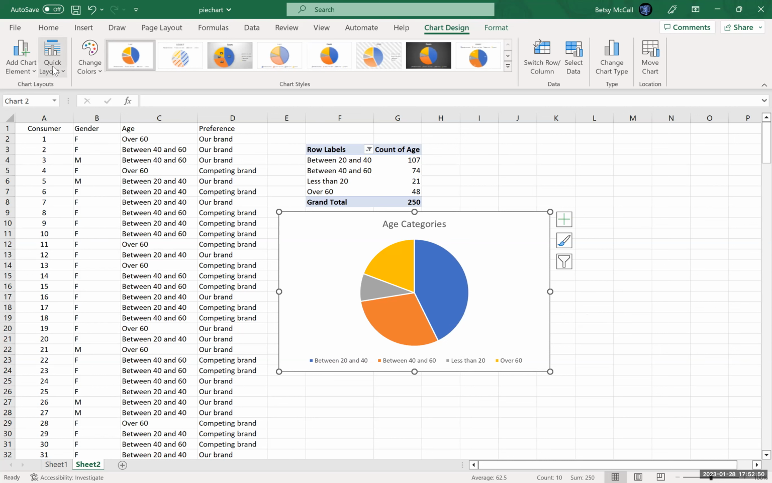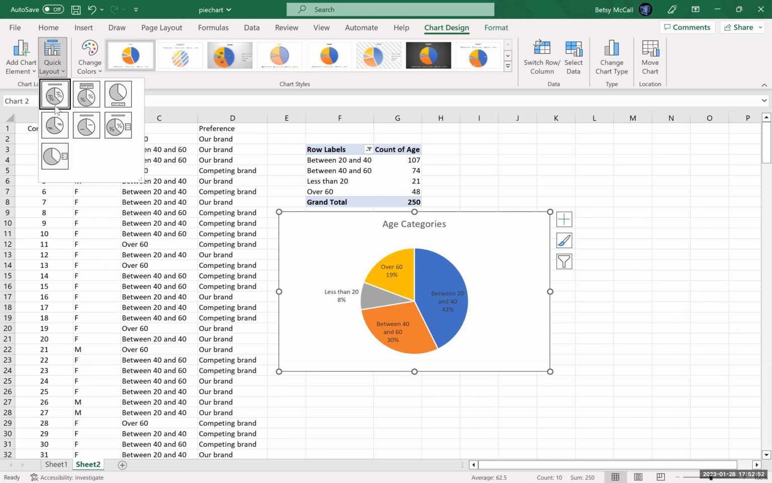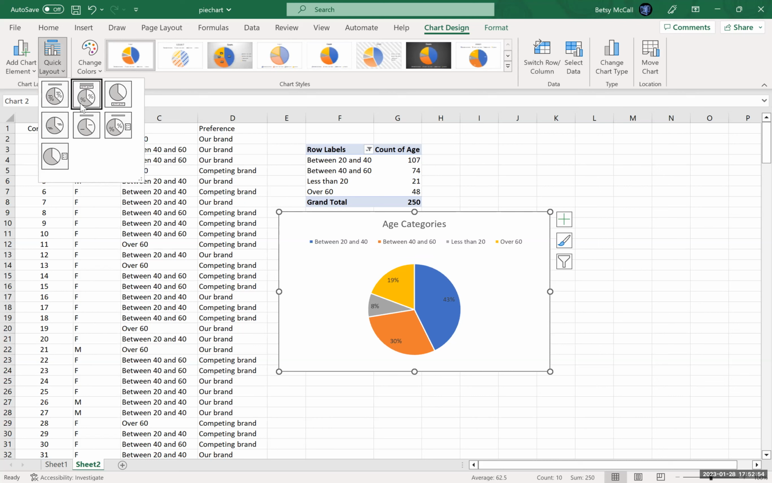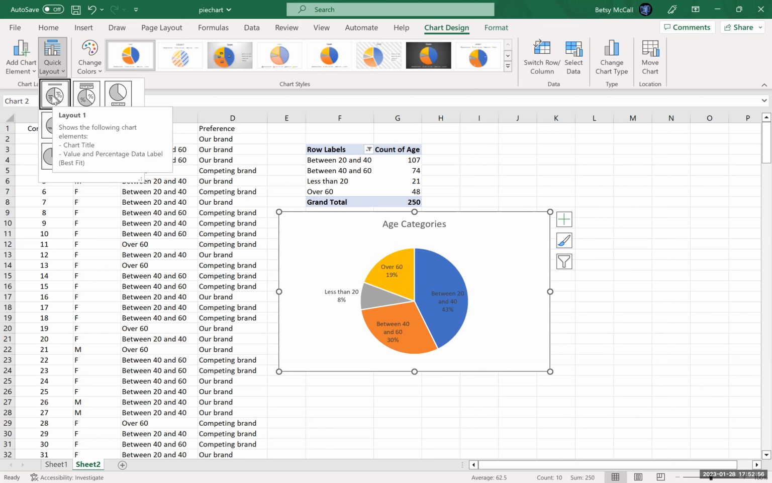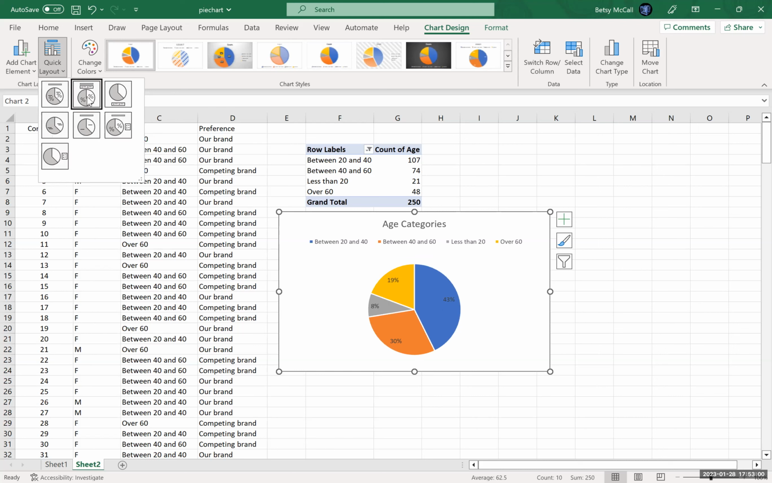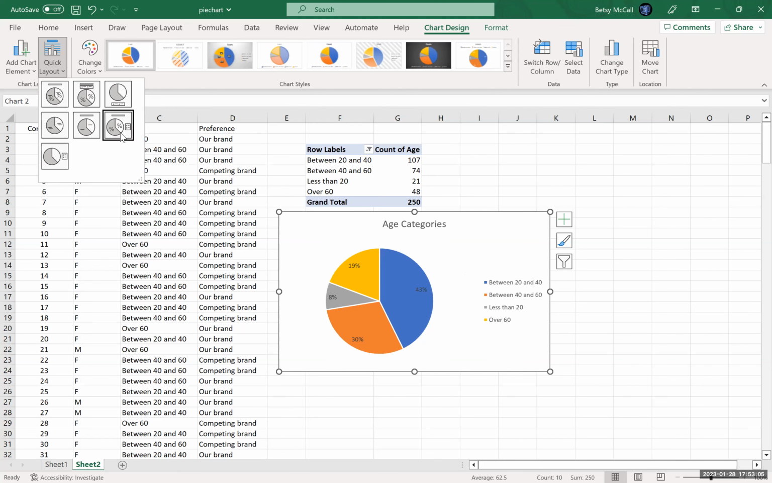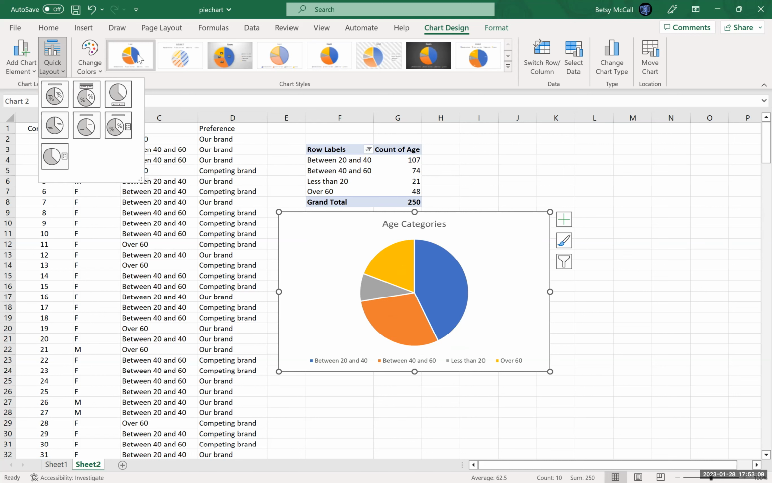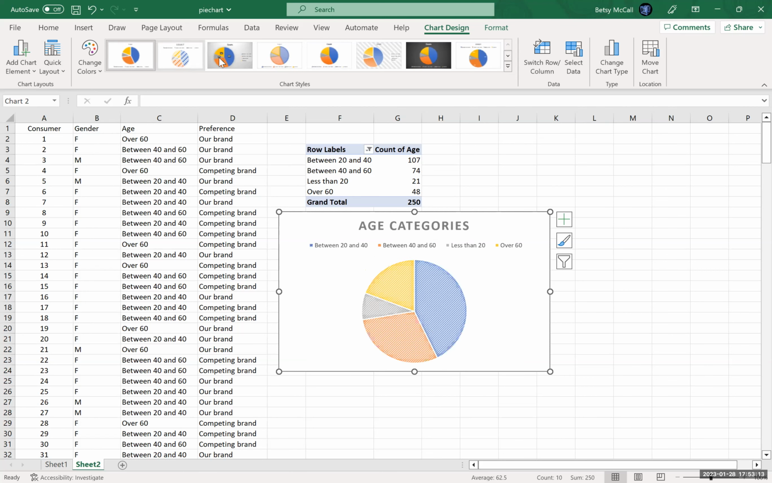The quick layout options, some of them have different options for displaying here. The category labels are displayed on each slice, instead of a legend, which is fine. Here, only the percentages are displayed. This one is also relatively decent. We can do that. Some of these options up here along the top also have